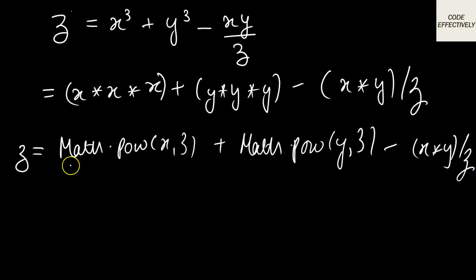Why am I asking you to use Math.pow? Had it been x raised to the power 31, you would have to write x into x 31 times. For that you have to go for the Math.pow function. So it's better you start using this Math.pow function as soon as possible. Next we can take